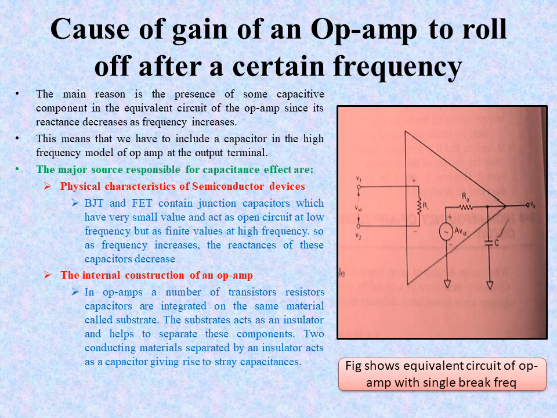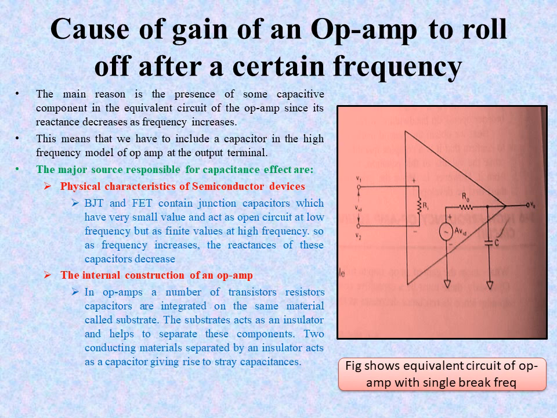This substrate acts as an insulator and keeps these components separate. They are only linked with the small wiring that is done suitably. So all these are conducting materials and they are separated by an insulator. So all these materials behave like a capacitor and give rise to stray capacitance. So this is the second reason